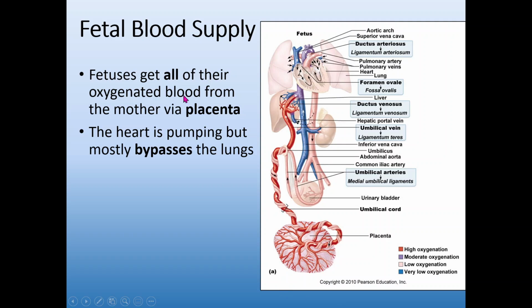So I'm going to talk a little bit about fetal blood supply. I've talked about this before when I talked about cardiovascular system at the very beginning of the semester, but I think it's interesting and it's part of fetal development, so throw it in here. Fetuses get all of their oxygen from their mother. They are not exposed to the atmosphere, so those lungs are not functioning as lungs during gestation. That means there's no real reason to send blood into the lungs of a developing fetus. So you get the placenta that's providing all of the oxygen and nutrients from the mother.